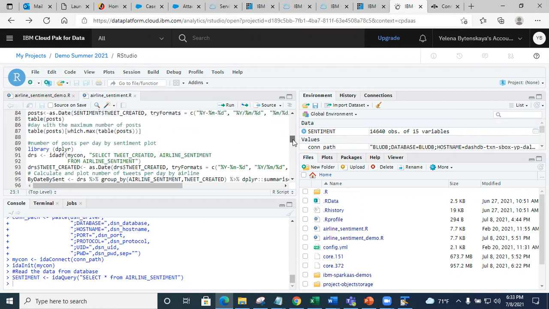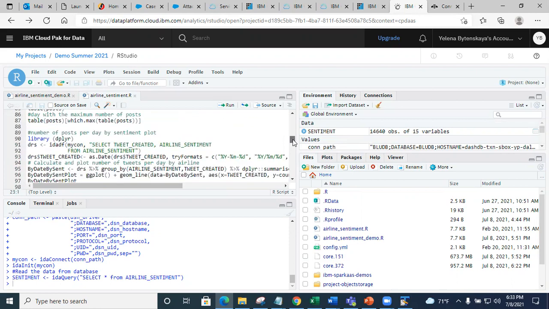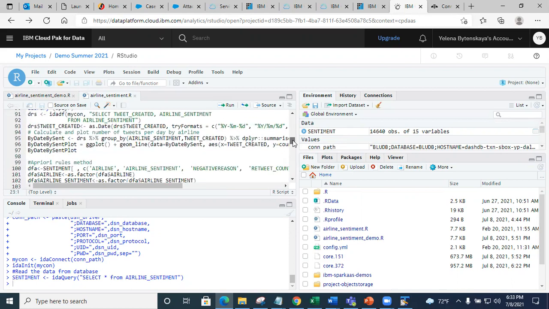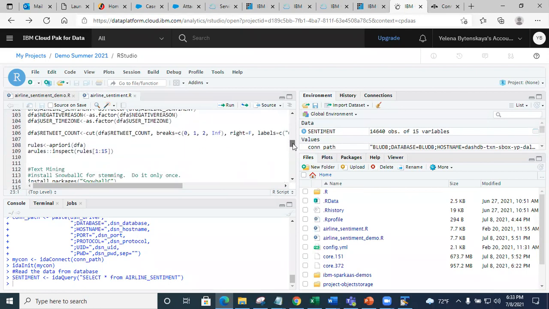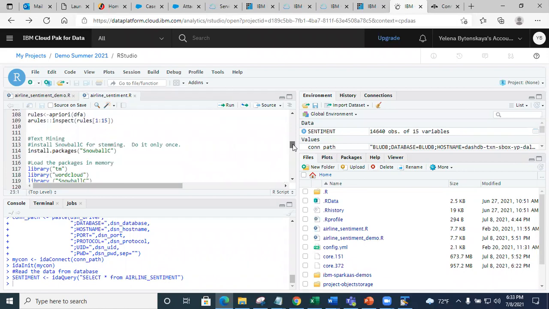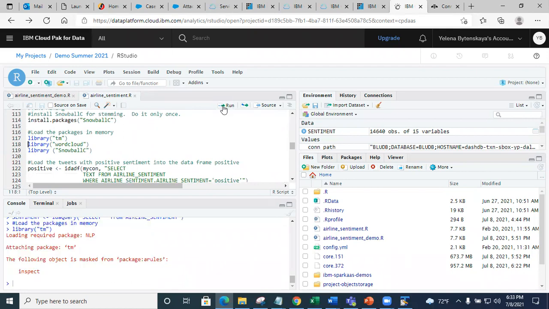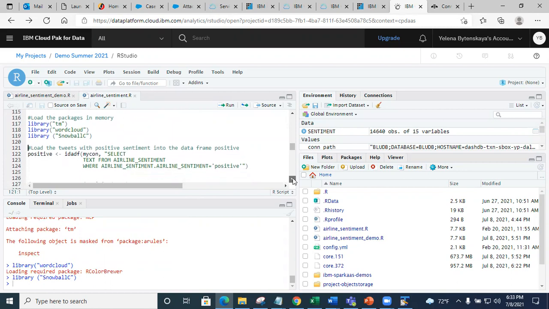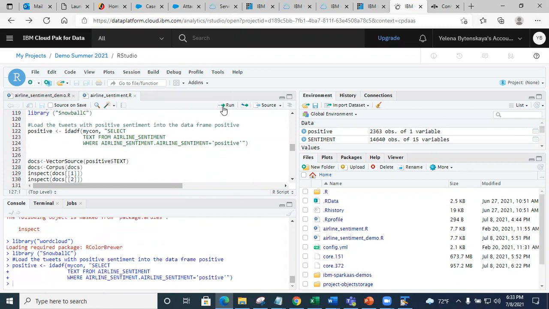Now what we are doing in here is this. You notice that the airline sentiment table has a column called negative reason. That tells why the tweet had a negative sentiment, but there is no such thing as a positive reason. So here we are pulling the tweets where the sentiment is positive.